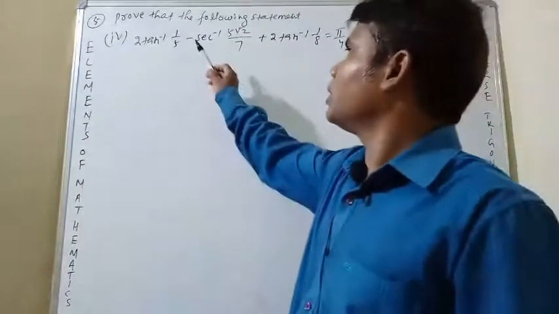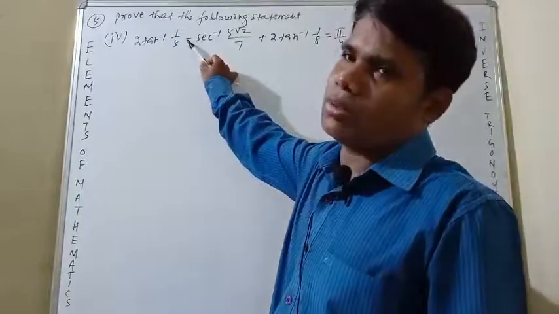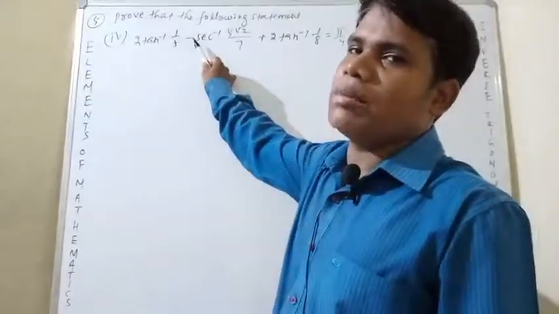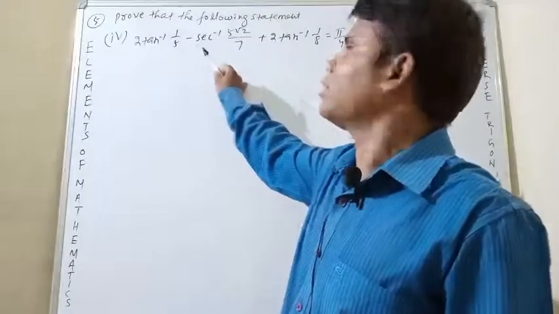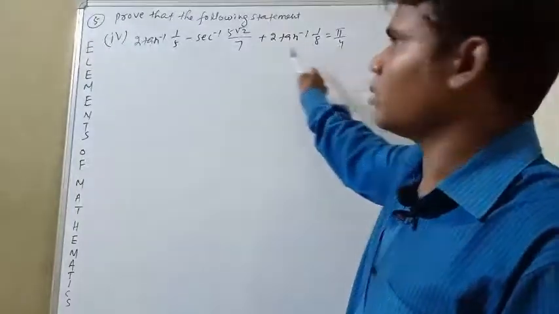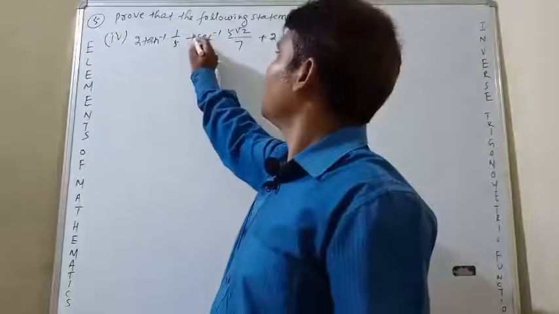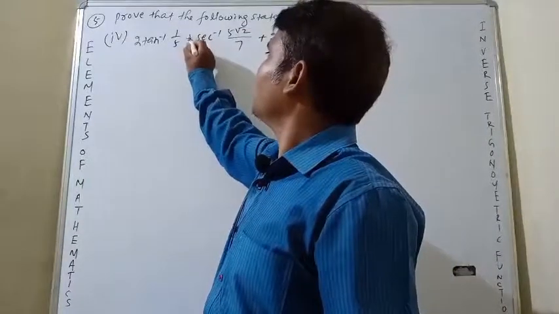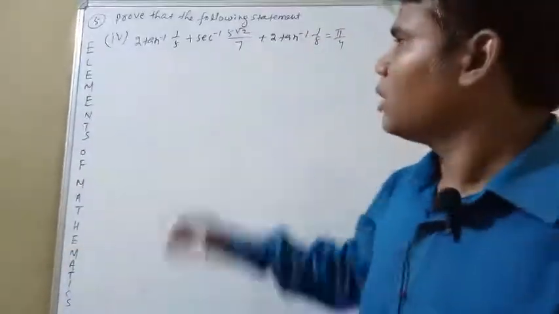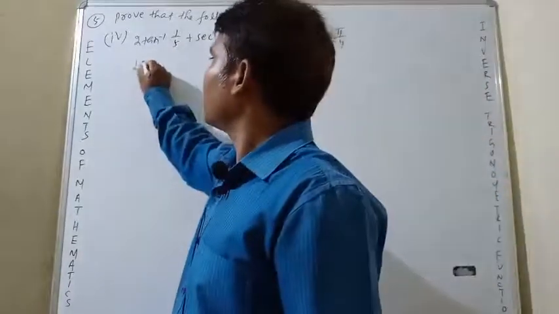But you have to see, minus is given in your book, but you cannot solve it with minus. If you solve it with minus, you cannot get pi by 4. So this is a wrong question given. You can just edit it; this is plus. Okay. Then you take the LHS part.